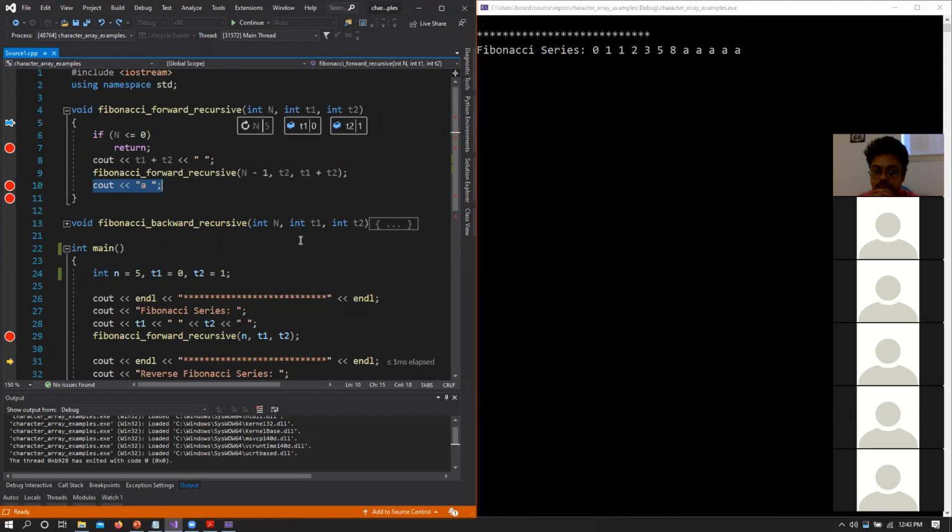Because it has to meet its base condition first. It has to, because this cout A statement is after the recursive call. So because of that, it has to reach the base condition first, and then while it is returning back, it keeps on printing out A. Right, so there are two steps here. One print statement is above the recursive call, another print statement is after the recursive call. Everything that is above the recursive call happens first, then we move on to the recursive